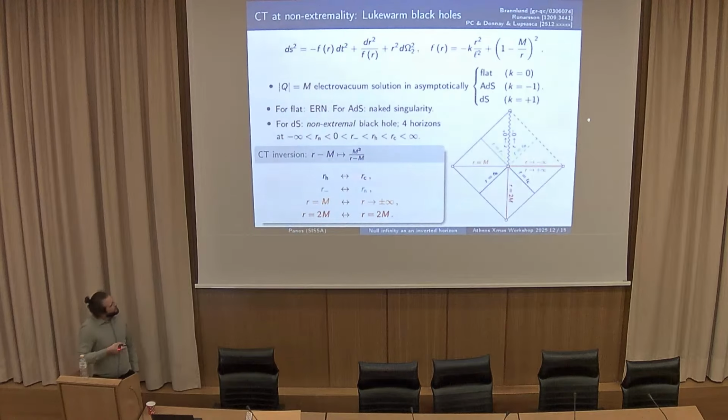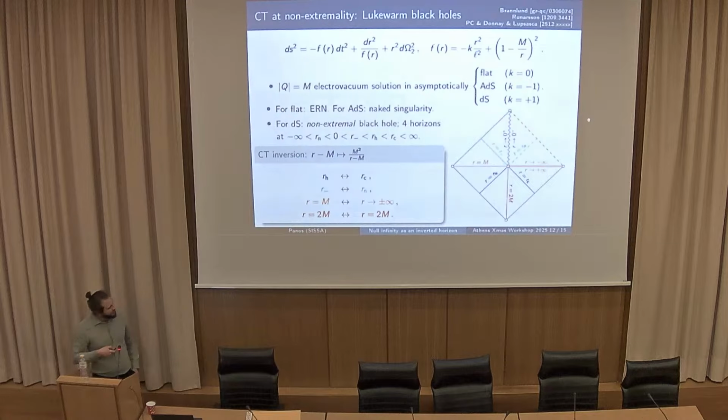And this class of geometries are all with a Cauchy Lorentz inversion, regardless of whether it's asymptotically flat or asymptotically de Sitter. For the de Sitter situation, it acts on precisely a non-extremal black hole, and that's what one would expect it to do. It exchanges the non-extremal event horizon with the cosmological horizon, these blue lines here on the Penrose diagram. It also exchanges the inner horizon with another horizon located at some negative radii, so these dotted lines here on this Penrose diagram.